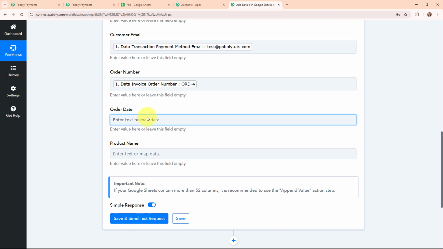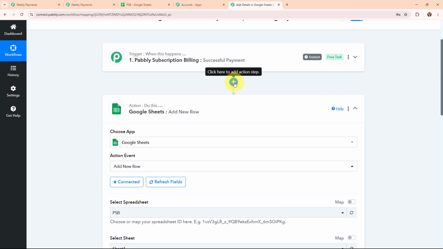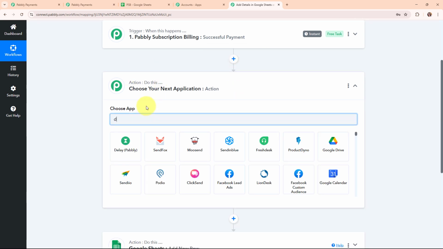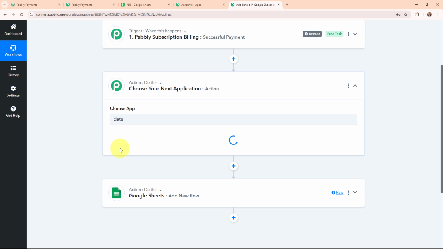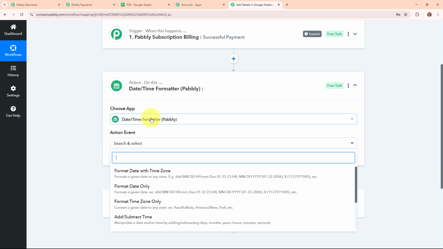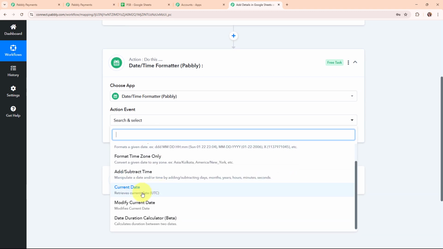So here to get the current date, what we are going to do is use a feature by Pabbly, that is Date Time Formatter by Pabbly, by simply adding an action step over here. In this action step, I'm going to select my action application as Date Time Formatter by Pabbly. I'm going to use this particular feature, and for the action event, I'm going to select my event as current date. So here I'm using Date Time Formatter by Pabbly for retrieving the current date,